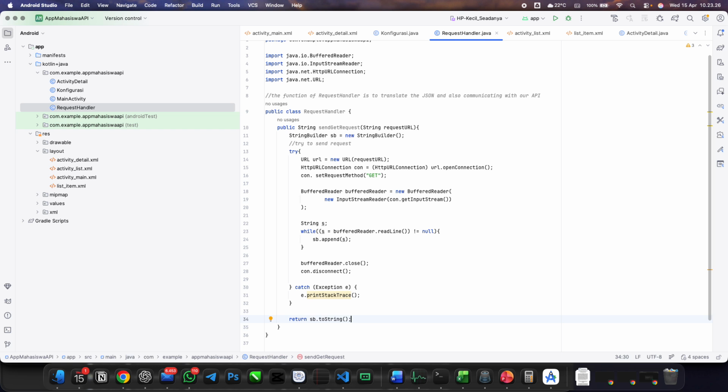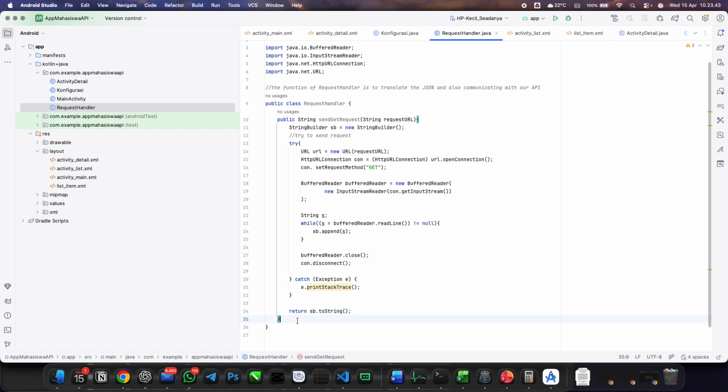What about the later one? Okay, the later one will be much simpler, where we only utilize the parameters and also the hash map to write to our database. Okay, we will create a new function in here. We call it send post request.